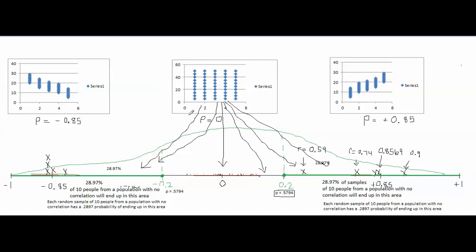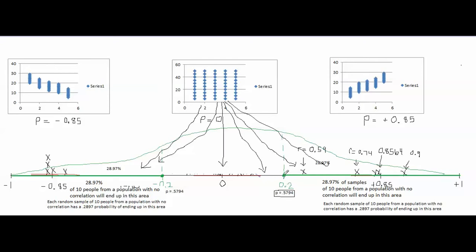And if you add the probability of this area and the probability of this area, the total of those two probabilities gives you the p-value of both of these boundaries, negative 0.2 and plus 0.2. Because, like I said, the p-value of 0.2 includes